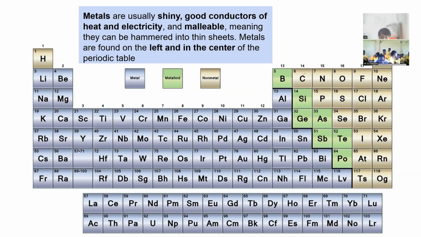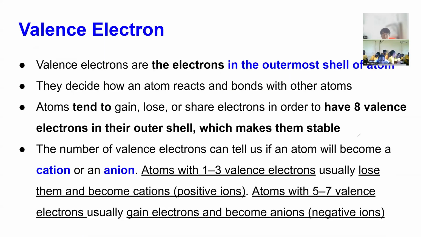And there are also nonmetals, which are on the right, and metalloids, or semi-metals, in the middle here. But this is all review, so let's quickly move on to this last topic for today,